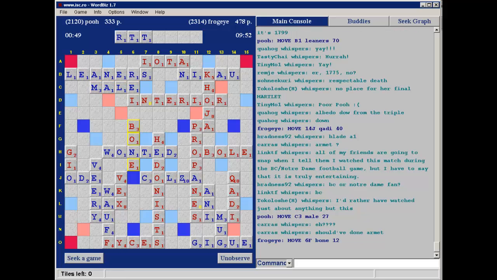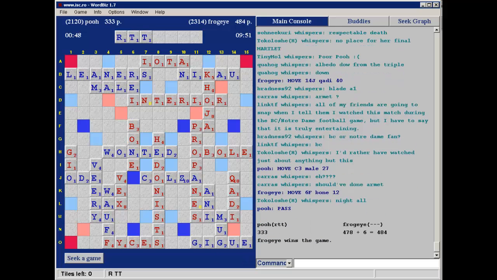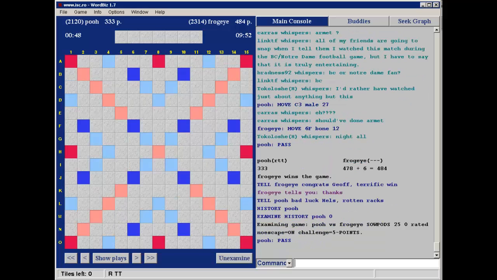Jeff goes out with Bone. And that's the end of the game. Jeff wins by 151 points, a resounding victory, both for himself and for the US. One thing I like to do at the end of games played at the Internet Scrabble Club is to quickly review the games